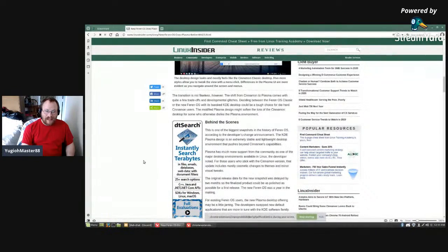And it says right here, the transition is not flawless. However, the swift from Cinnamon to Plasma comes with quite a few trade-offs and development glitches. Deciding between the Farron OS Classic or the new Farron OS with its tweaked KDE could be a tough choice for die-hard Cinnamon users. The modified Plasma design might soften the loss of the Cinnamon desktop for some who otherwise